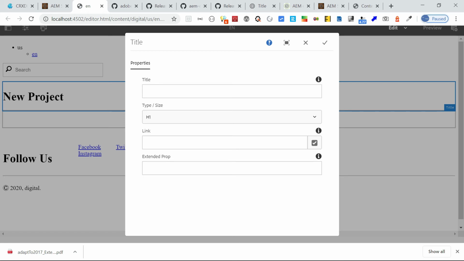So it's a proxy component with an additional dialog property. In the same way, if another project wants to create another component inheriting from this proxy, you can create the component and extend accordingly.